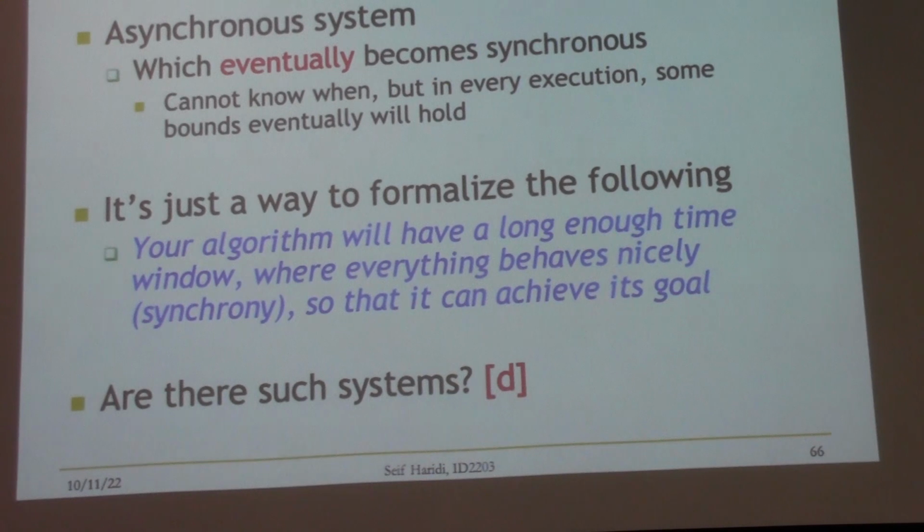So now we get to partial synchrony, and this was a new concept that was invented around the 1990s, I think. Formally, it's a system that changes. When you start running your algorithm, it's asynchronous, which means there are no bounds, and eventually, which means after a finite time, the bounds will exist. Now, the interesting thing is, you don't know how long that's going to take.